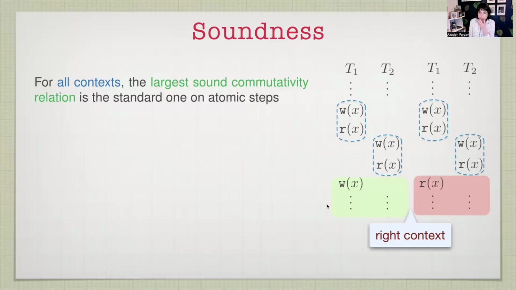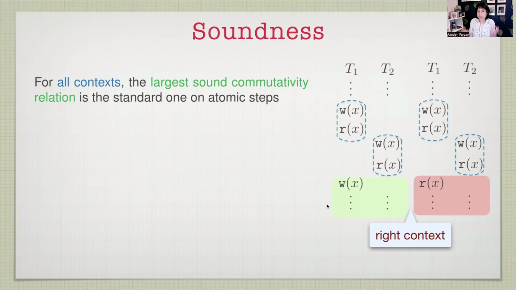So I wanted to first make a simple observation. If I wanted to brush over this problem by saying I'm only going to declare two events commutative if they commute in all contexts, then I'm effectively giving up the entire power that I would gain from grain commutativity, because two grains would commute in all contexts only if their individual steps would Mazurkiewicz commute. There is no extra commutativity I'm going to get out of this. So for example, because I'm doing all contexts, I have to always declare these two blue grains non-commutative. So I will basically lose everything.